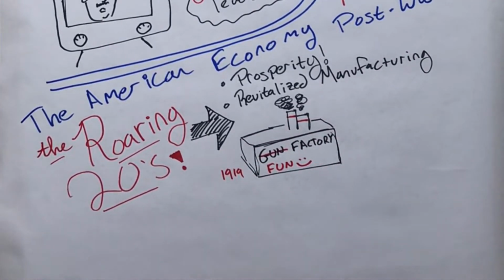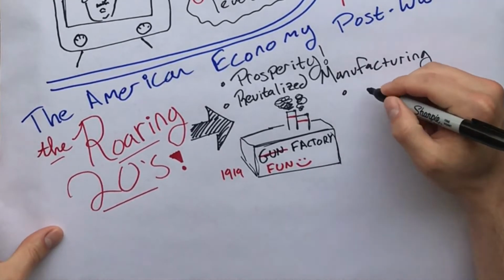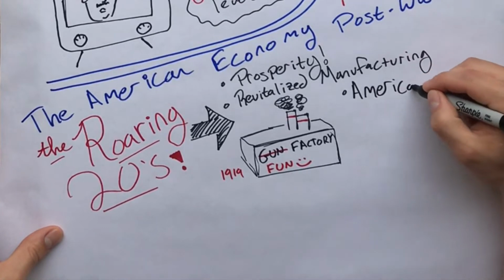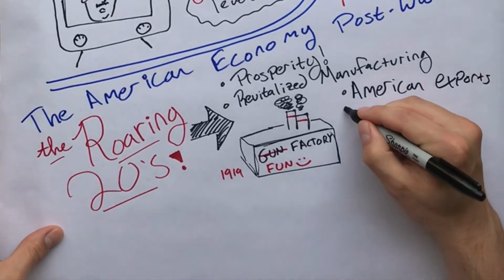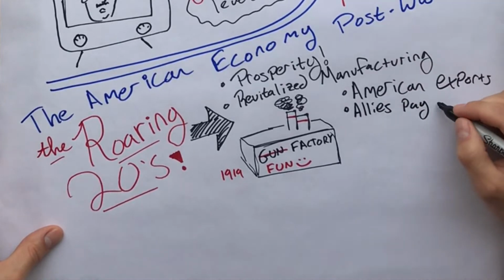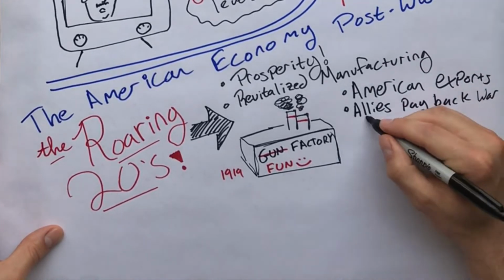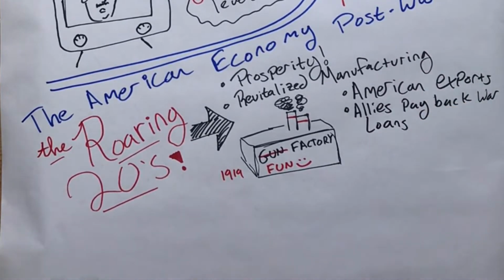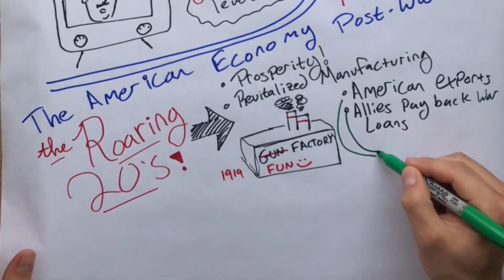in the American household. These goods were obviously sold to American consumers, but they were also sold abroad and exported to other countries, which meant that money was flowing into the American economy, which is good for growth. If you remember, the United States was also not involved in World War I in the very beginning. Instead, we were just giving loans to many of the Allied powers, and once the war was over and the Allied powers won, many of them had to pay those loans back, which meant even more money was flowing into